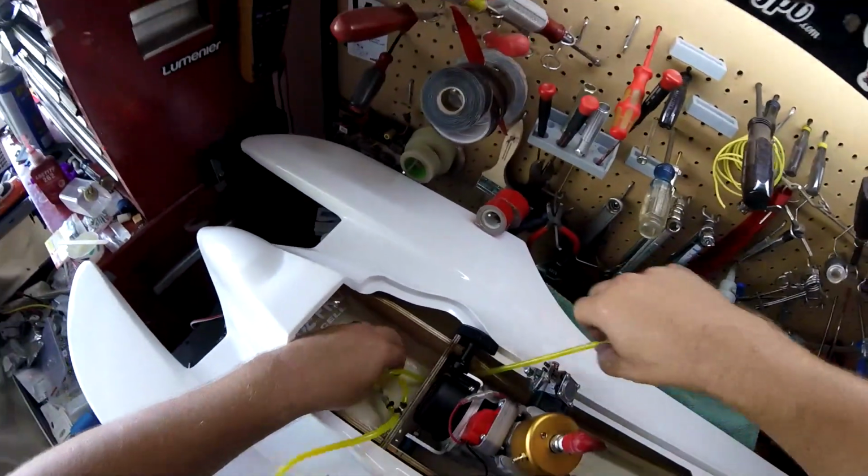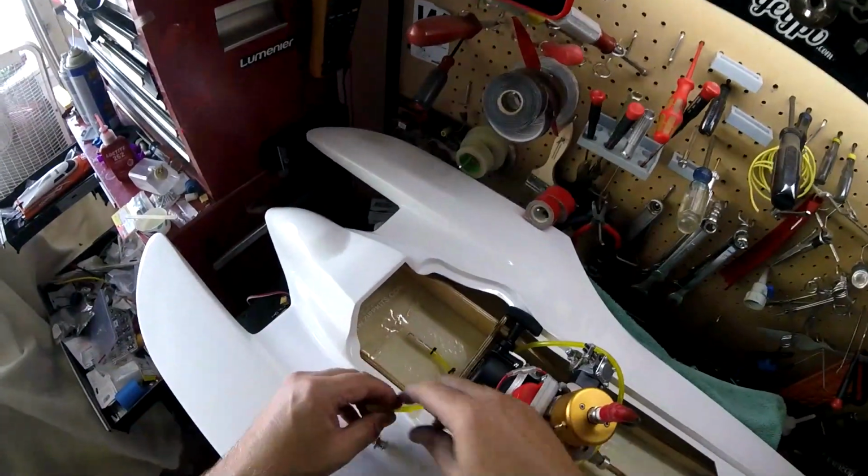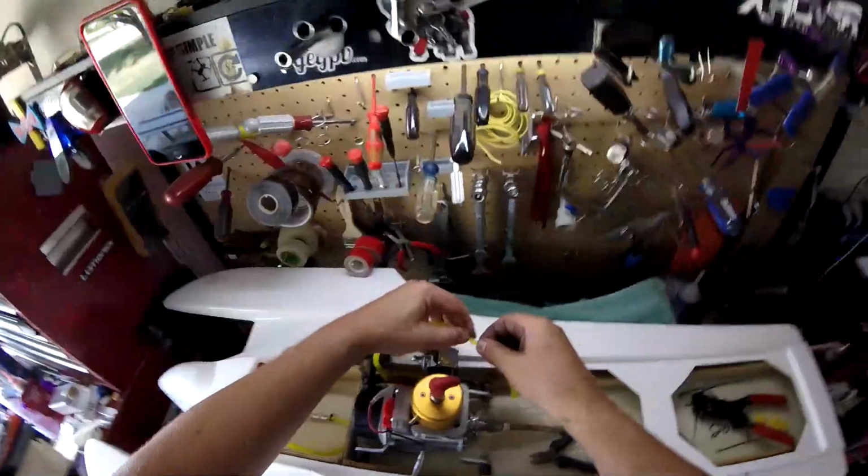Just make sure you leave yourself enough line. No big thing, like I did there, or didn't there. That's okay. We can make that work. And then we'll go ahead and trim this off. So what I do then is I slide on